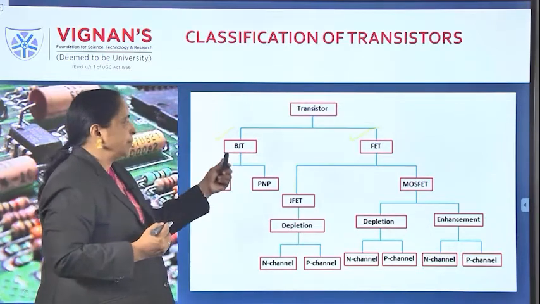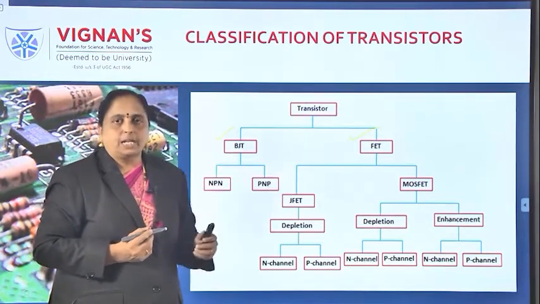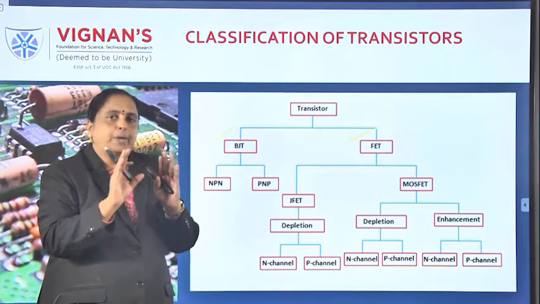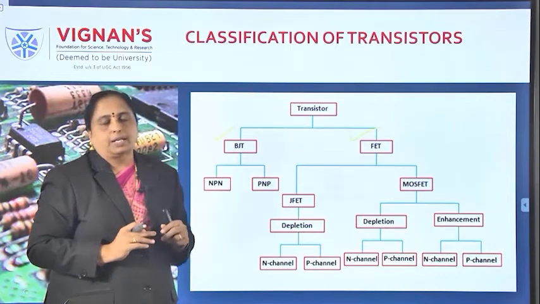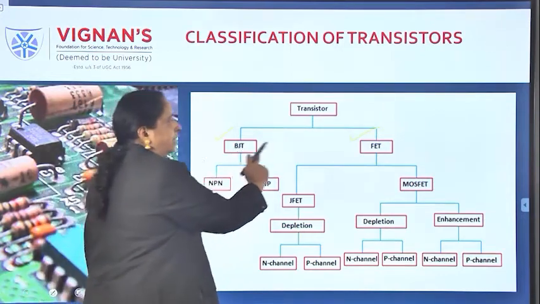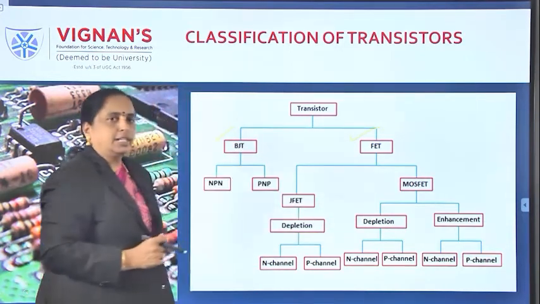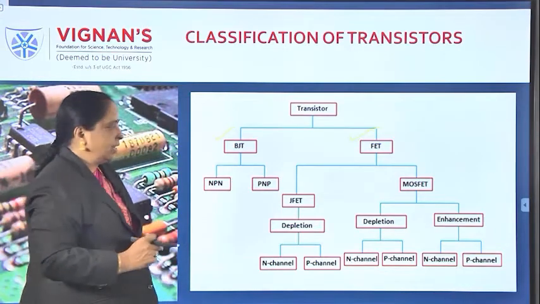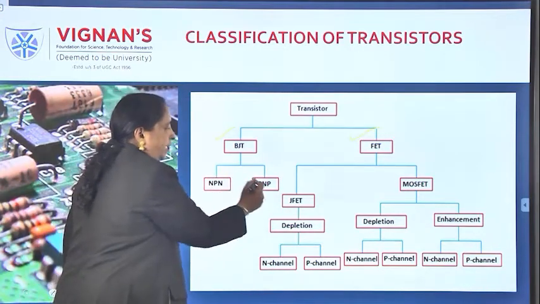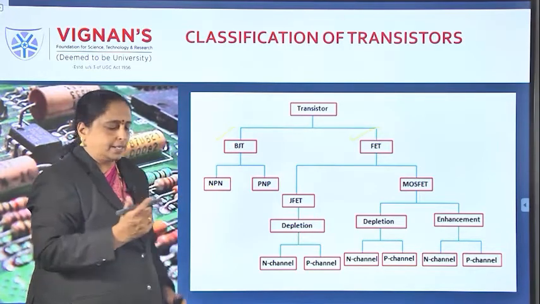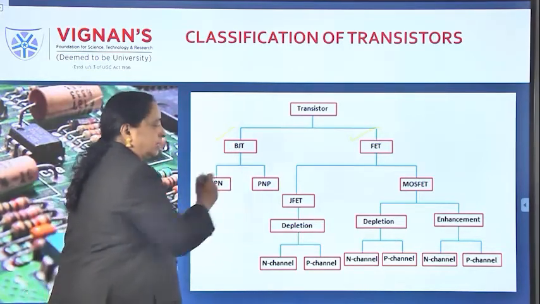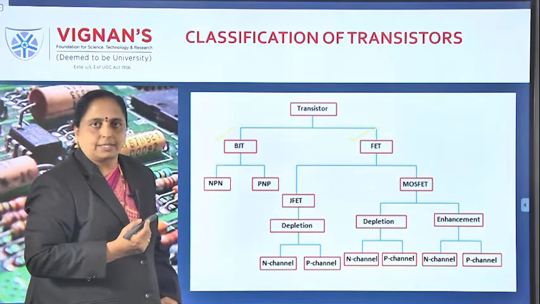This is just a modified version of the BJT, because BJT is a temperature dependent device and it has strong effects due to temperature. That's why the slight constructional change is known as a field effect transistor. Then BJT is again divided into 2 transistors, based on the constructional differences. One is an NPN transistor, another one is a PNP transistor.